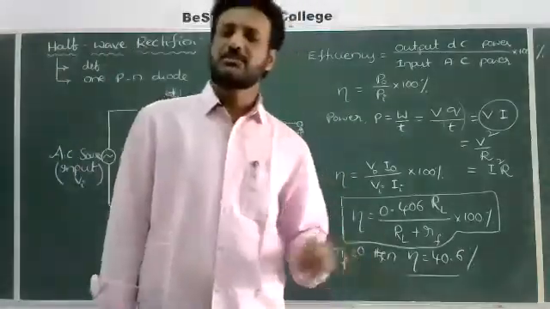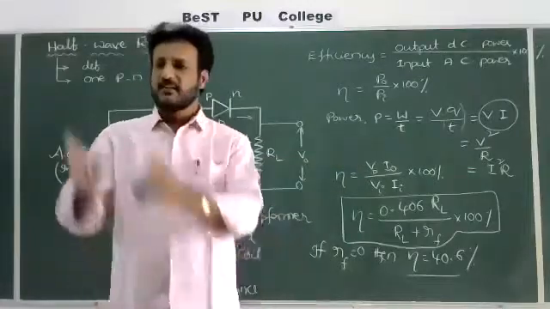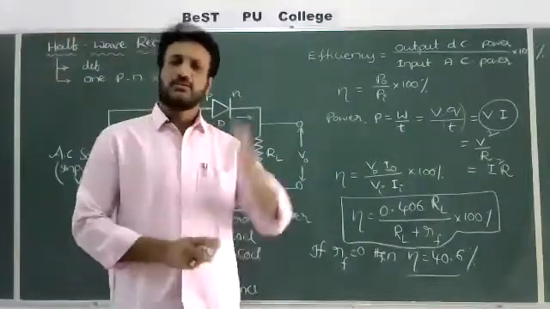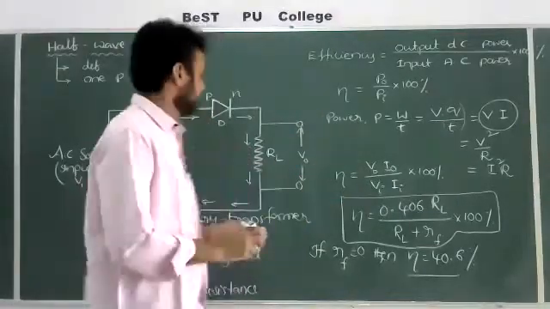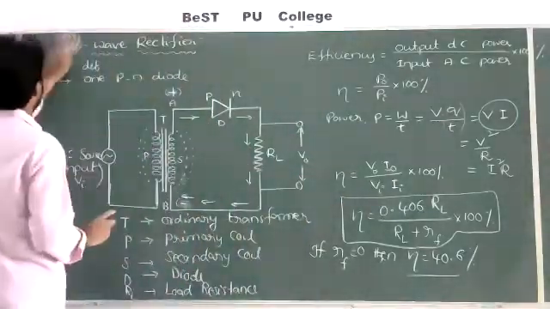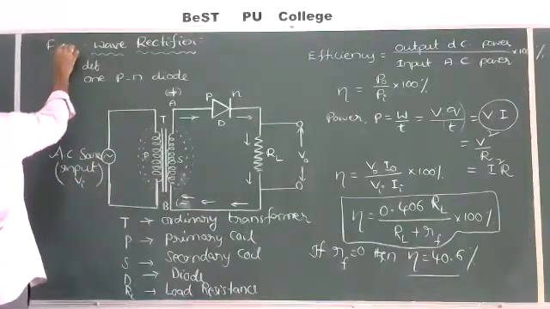Now we'll go for the next one, full wave rectifier. But after completion of this, in the next class I'll compare both by giving all these formulas again in box type. One side half wave rectifier, one side full wave rectifier, and I'll cover all the formulas there. Now we'll go for the next one. Put the heading, full wave rectifier.